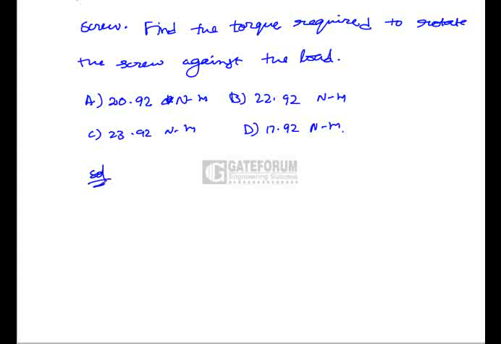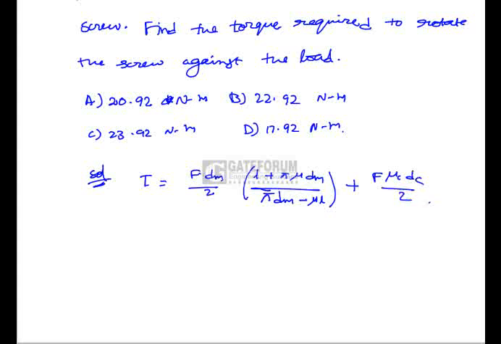Here, coming to the solution, the total torque required to rotate the screw against this load is given by, let us say T is equal to F tm by 2 into (L plus pi mu dm) by (pi dm minus mu L) plus F into mu C dc by 2. This is the total torque required to raise this load. Here F is given by the load to be raised, which is equal to 6.4 kilonewton,